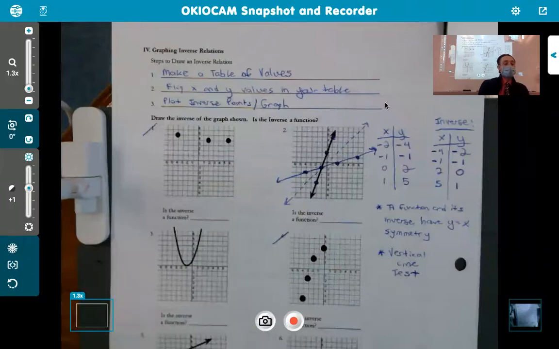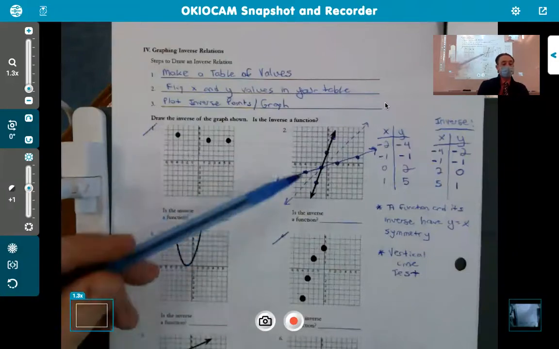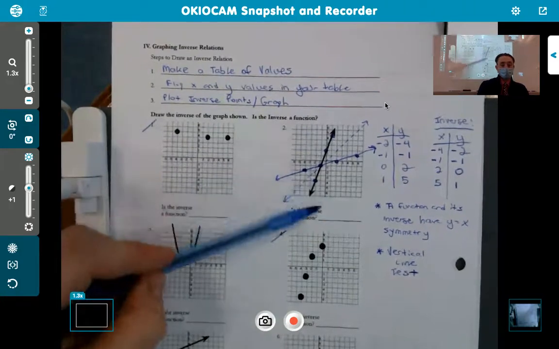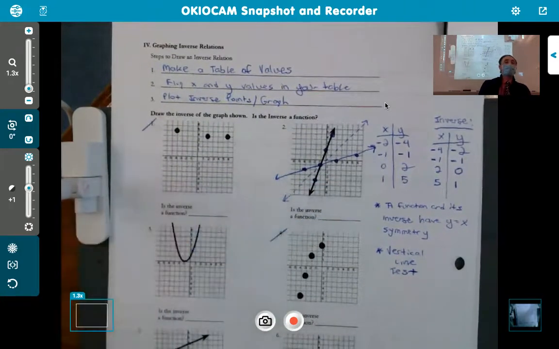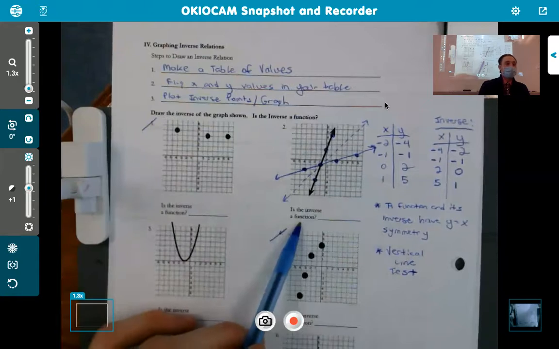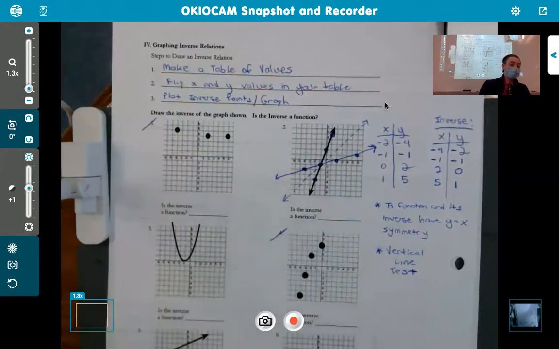What the vertical line test means is if you were to take every x value and draw a vertical line through it, so all of these dashed lines going straight up and down, and you were to do that across the entire coordinate plane, would you intersect the inverse graph more than once? If it only intersects that inverse graph once, then my inverse is a function. If it intersects my graph more than once, so it crosses through multiple times, then my inverse is not a